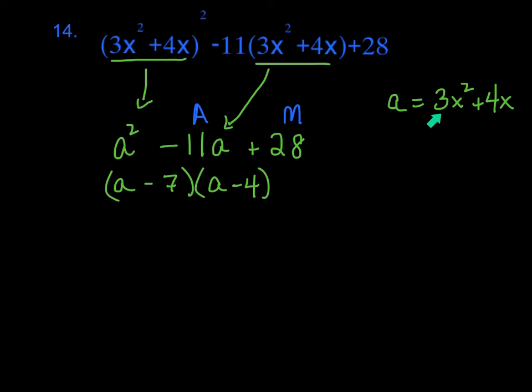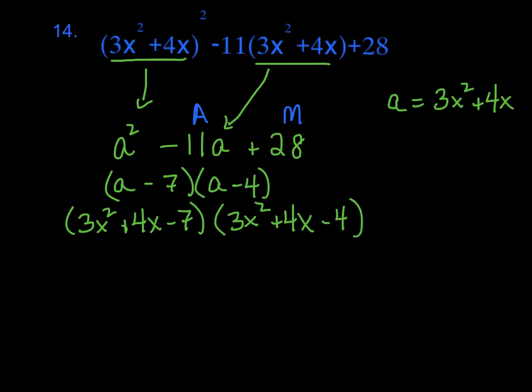Now what we need to do is take what a's value is and substitute it back in here and here. Okay, so watch. So we're going to take that and we're going to write 3x squared plus 4x minus 7. All right, so look, a is 3x squared plus 4x, and that minus 7 drops down. Okay, I'm going to do the same thing with the next set of parentheses. I have an a, so I'm going to replace that back with 3x squared plus 4x and drop down the